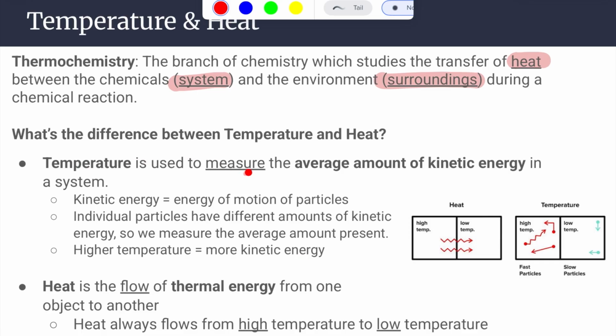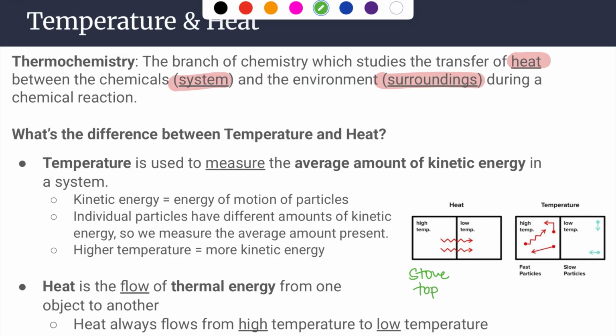So temperature is a measure of kinetic energy, whereas heat is the flow of thermal energy, heat energy, from one object to another. And heat always flows from a high temperature to a low temperature. One thing on the practice is modeling that flow of heat. If we have something with a high temperature, that heat is going to flow to the lower temperature object. So, let's say, for an example, this is the stovetop,